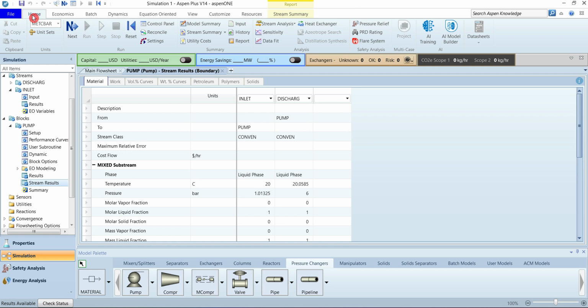You can also view the stream results either from this option, or to view the stream results you can go to the home tab and view the stream summary. It will land on this table where all the streams corresponding to that block will be listed. How to read this table? By default, a brief description of the streams is given in the upper section, where it also defines that stream